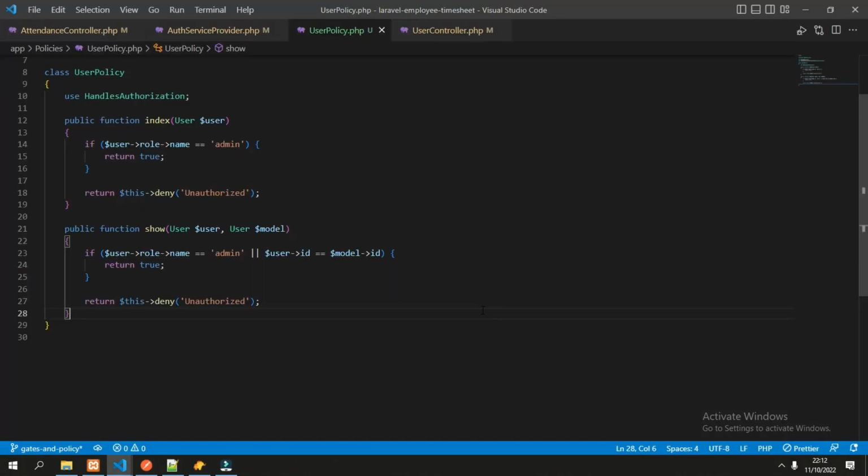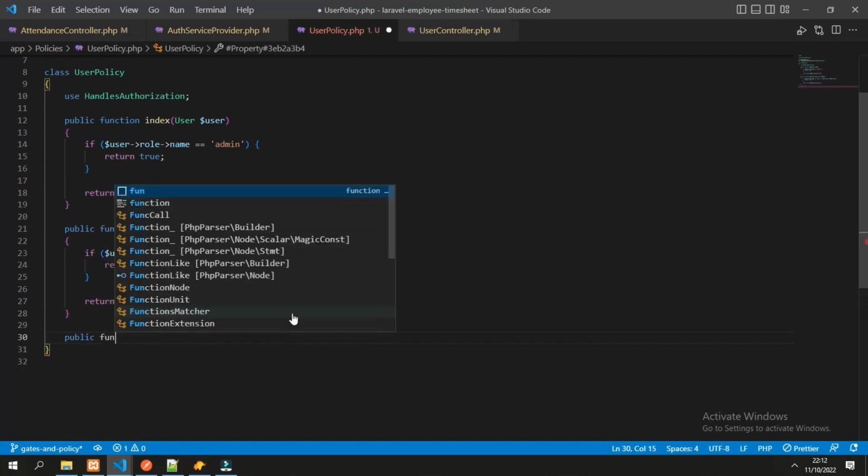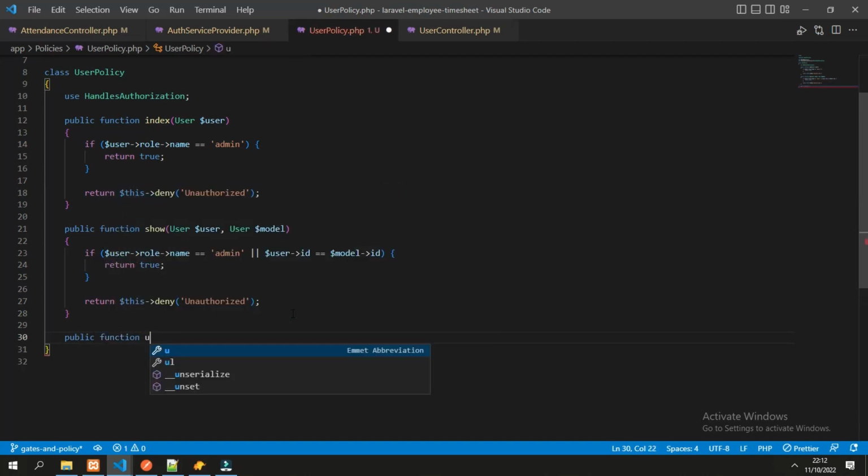There are two more policies for the user controller, which are update and destroy. So let's create the function. For update, we're expecting a model, so the parameters are similar with the show policy.